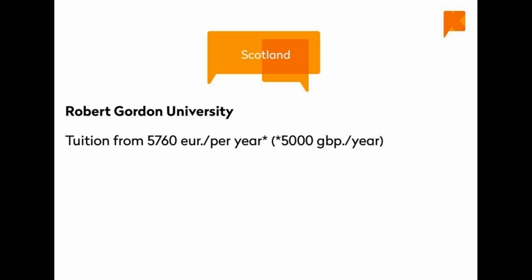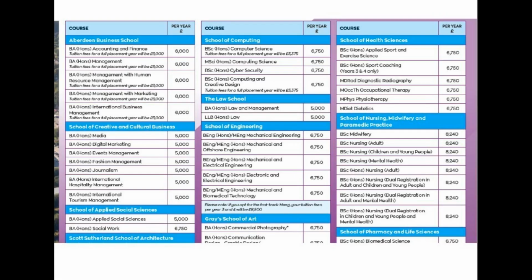So £5,000 a year, a price that is in some cases similar to Lithuanian studies if you have to pay for a paid space. So if you are really, really into studying in the United Kingdom, then please get in touch with Kalba guys, and they will be able to help you with Robert Gordon University, and will be able to tell you how much exactly your course will cost, because the course fees do vary. However, it will be a better price than pretty much all the universities in the United Kingdom.